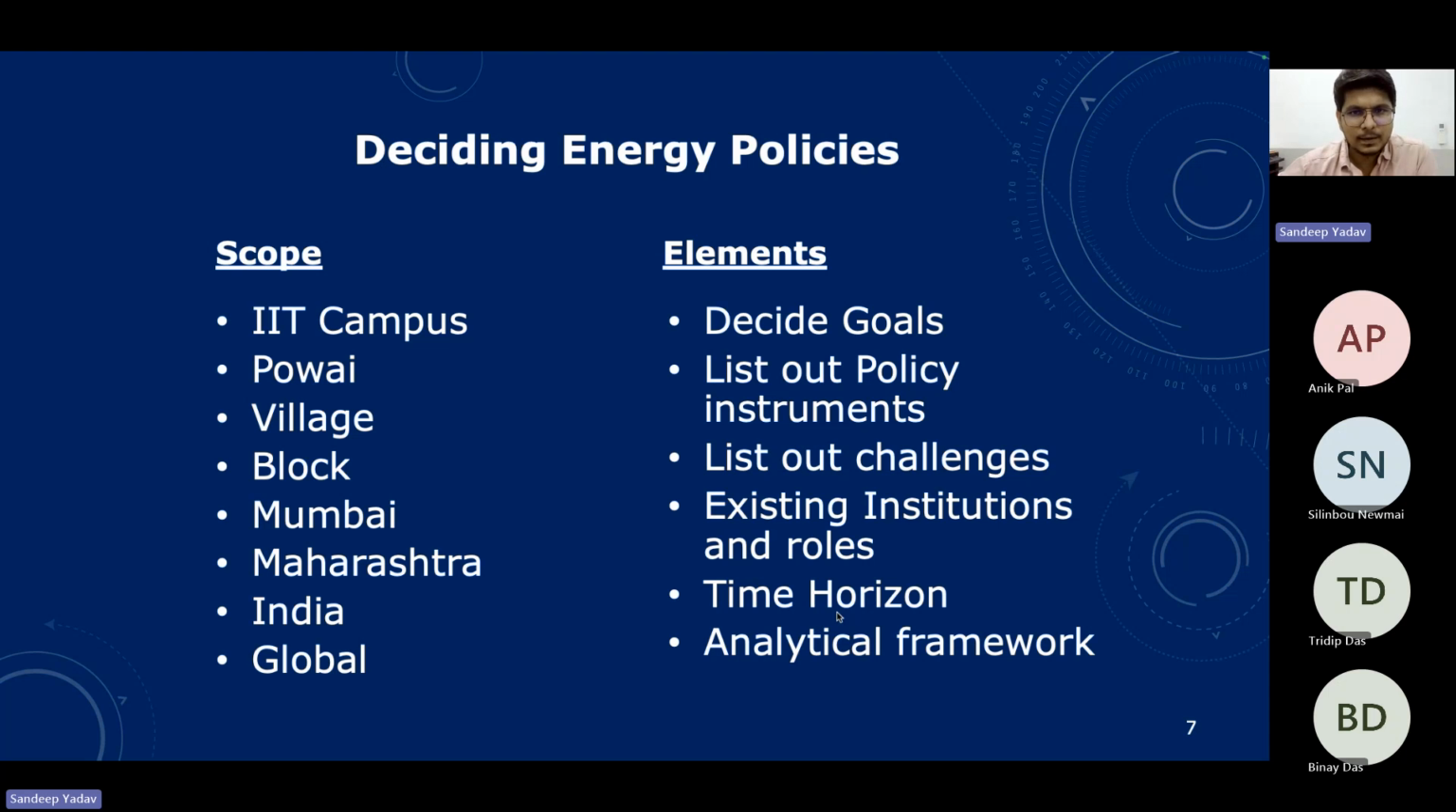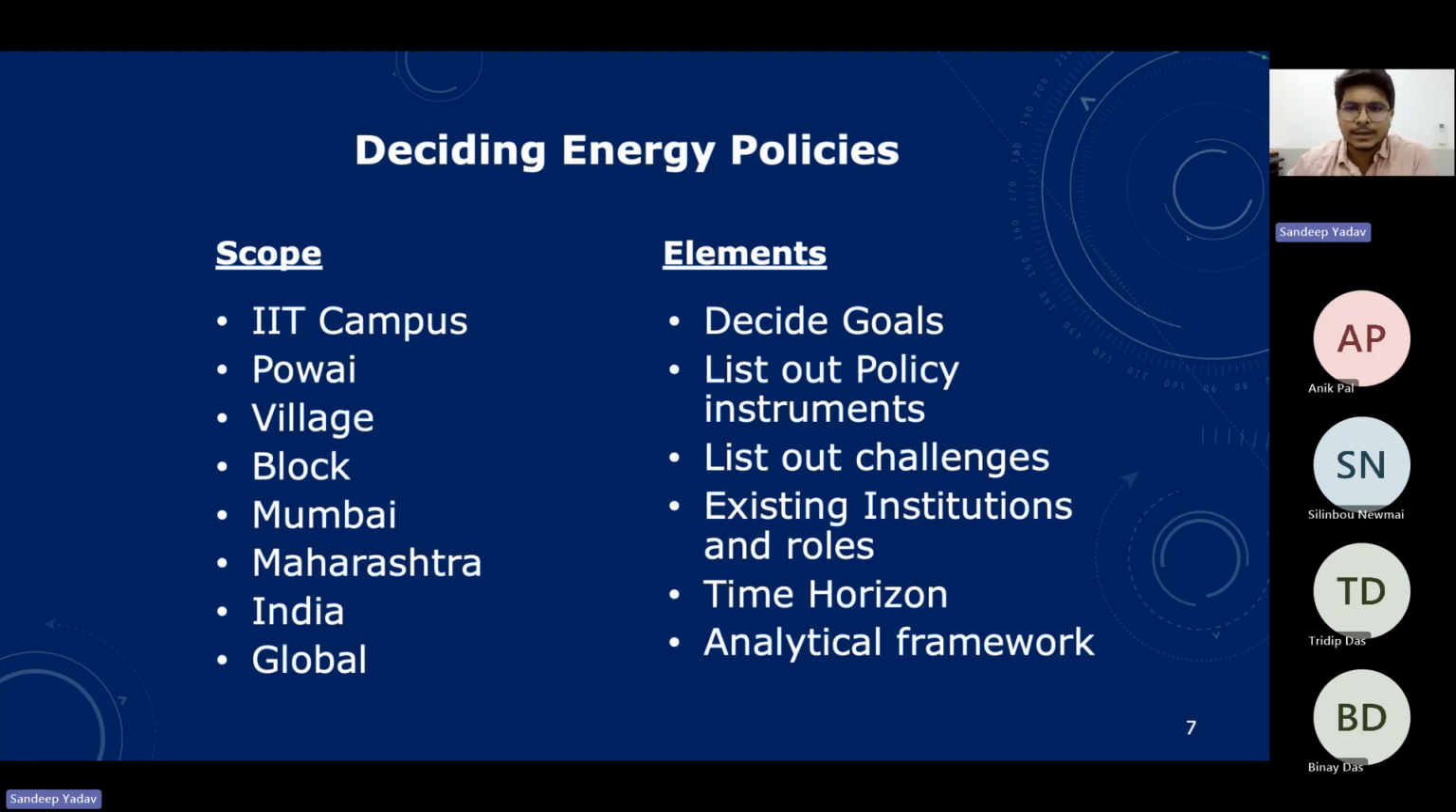So deciding energy policies, we have to define a few scopes and the elements. Scopes can range from a village level to a starting IIT campus. Consider the IIT campus as a scope. It's a very small area, considering 5,000 to 10,000 people, and then an area like a district containing that, and then finally a block or Mumbai region, or we can consider the Maharashtra block in India, and then finally the global level. So from the individual point of view to the global point of view, the scope can vary for deciding